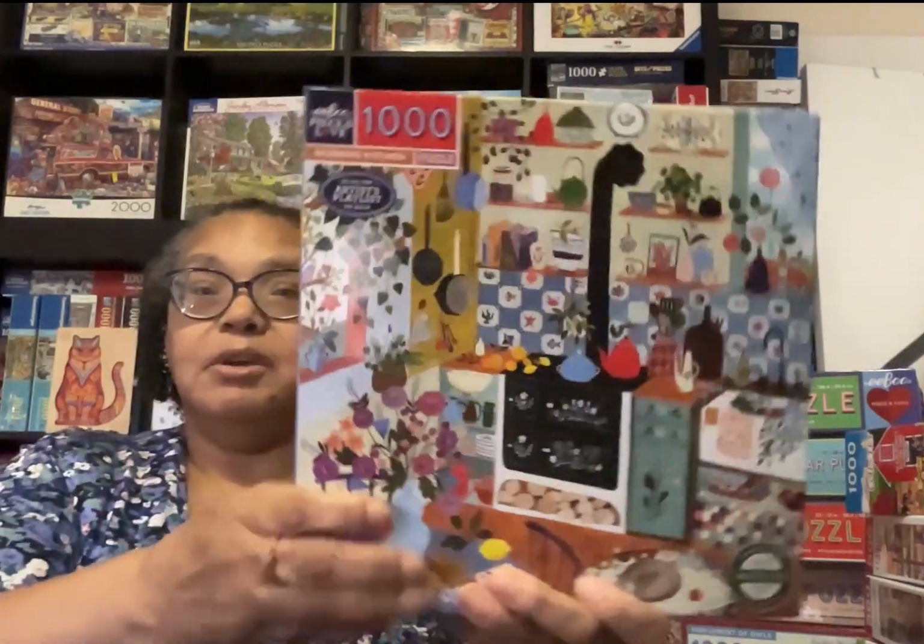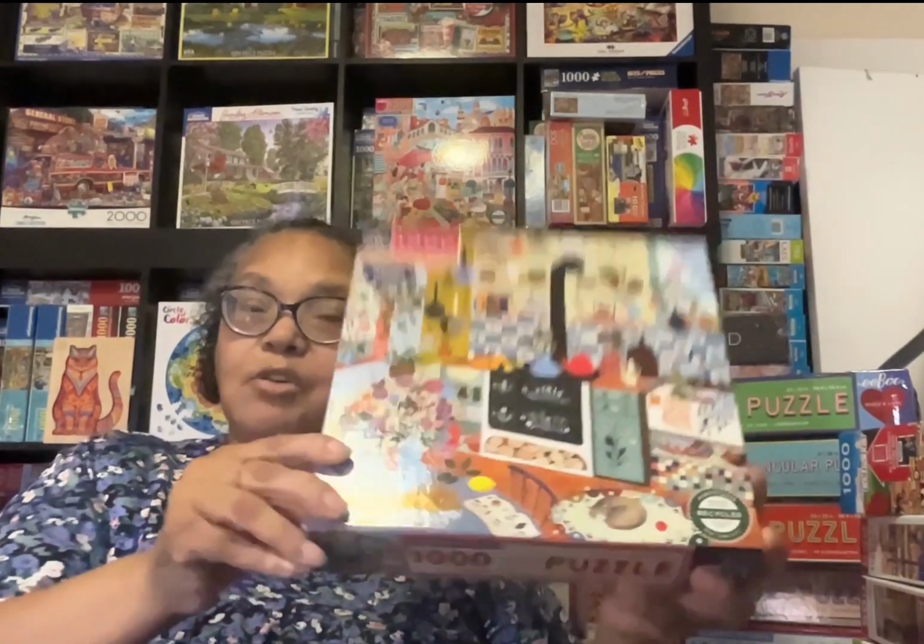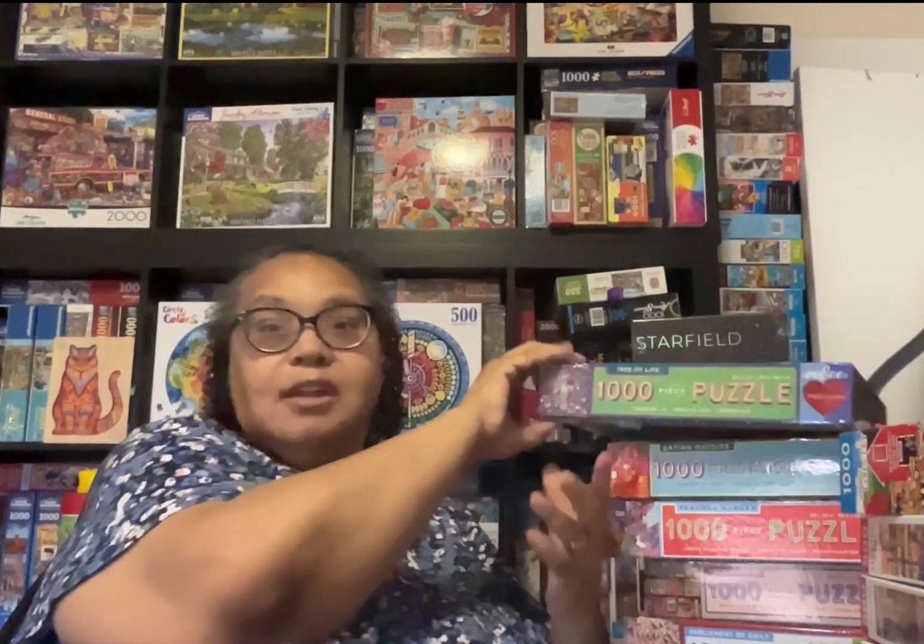This morning kitchen puzzle. Now I did not pull the other puzzles off the shelf. They are pink kitchen, lavender kitchen, blue kitchen, green kitchen, kitchen chickens, and what's cooking. So there are 6 of these. And I think there might even be 7 with the Alchemist Kitchen, but I don't have the Alchemist Kitchen. So I just wanted to show you this eeBoo puzzle. I got this mid-June and I've already put it together. As a matter of fact, I put it together almost, if not the same day I got it, the very